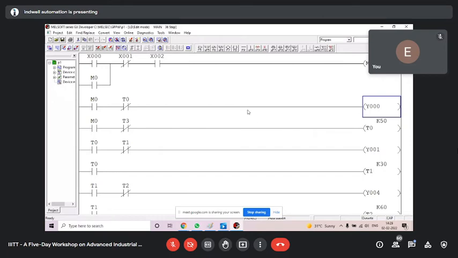You tell me, then I shall show you finally how to communicate, how to download. Is it clear up to this? Any doubt you ask me, I shall clear that. No problem. Anything you want here on screen in software? If you want, tell me. Sir, my question is, if I order the course, should we say the PLC is accessible or not?